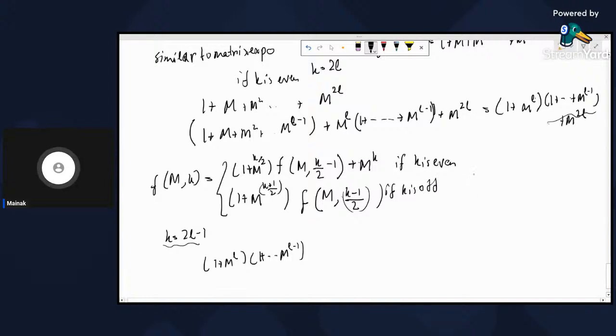And note that k is being at least halved in every step. So your time complexity will be something like O of n cube log k square probably. I'm not entirely sure because you are performing matrix exponentiation in every step. So you'll have something like this for matrix geometric series. So that means you can solve this problem in